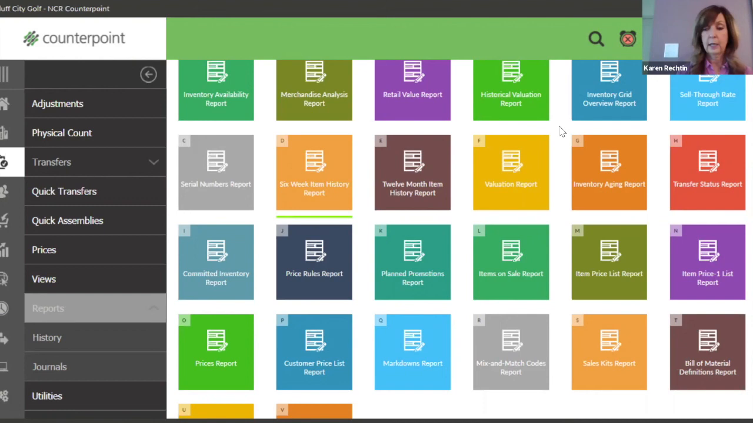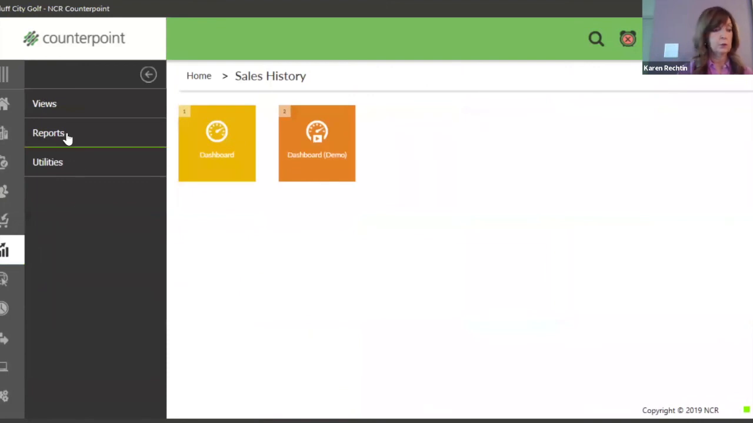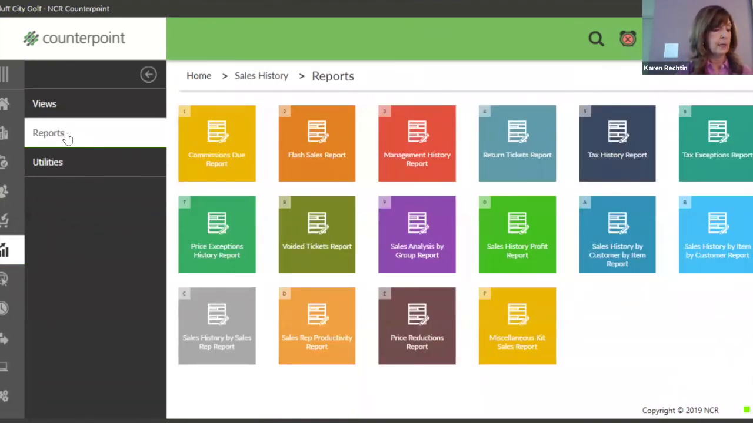Another thing I get asked about often is what kind of audit reports can you run? So if you're auditing your sales and your sales staff, your stores, that kind of thing. Audit reporting would be in sales history. Most of those are in sales history. You've got sales history reports, and you can look at your void transactions. So you've got the voided tickets report. You can look at your return tickets report. And then you've got price exceptions